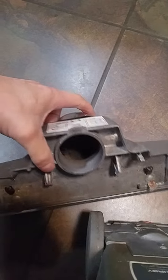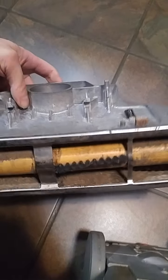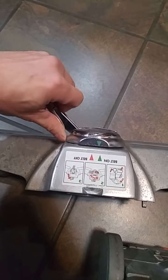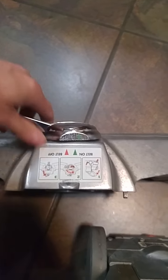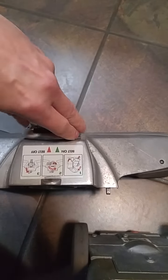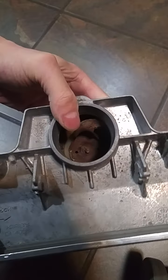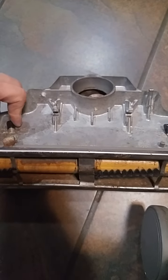But I just noticed there's not a belt. There's no belt with this. So this just doesn't have a belt. So I'm going to have to figure out how to find a belt. But to take the belt off, you have this belt on. You rotate this around to belt off. And then that would come off inside, which I got to clean all that, oil that. This is going to need some cleaning and oiling where that corrosion is. But then,